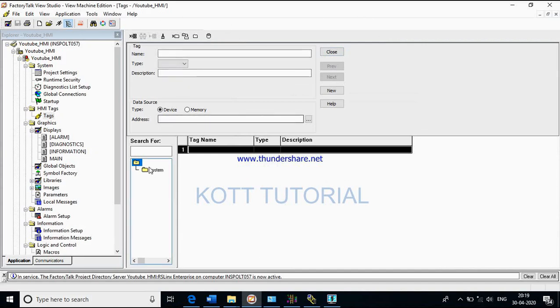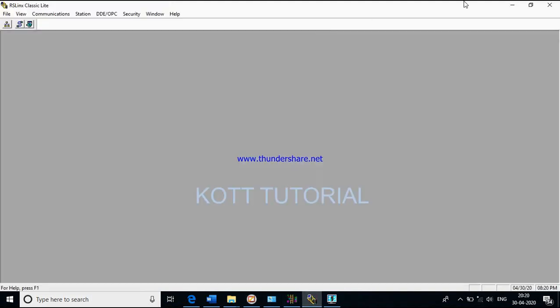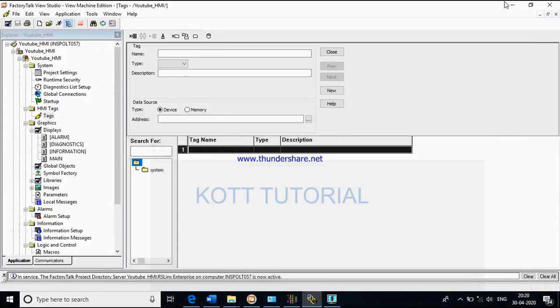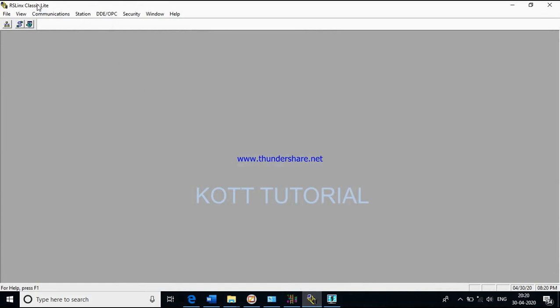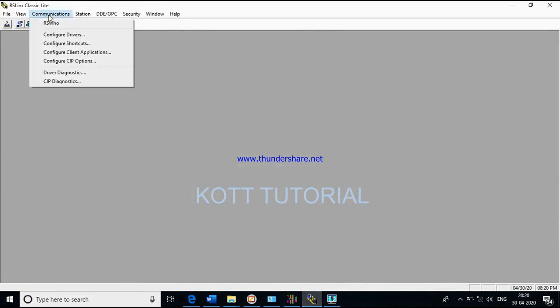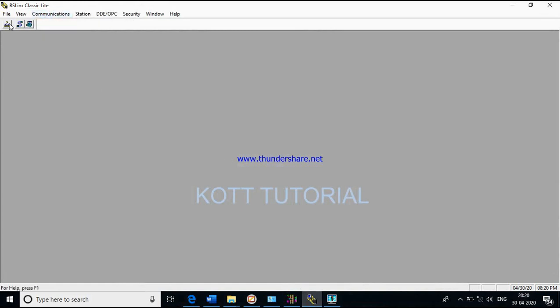Now I can't create a tag directly in this because first I have to link my FactoryTalk with a server, that is with RSLinx. We can't directly create a tag. So first step is again to go to RSLinx, go to Communication, or we can click this RSWho.